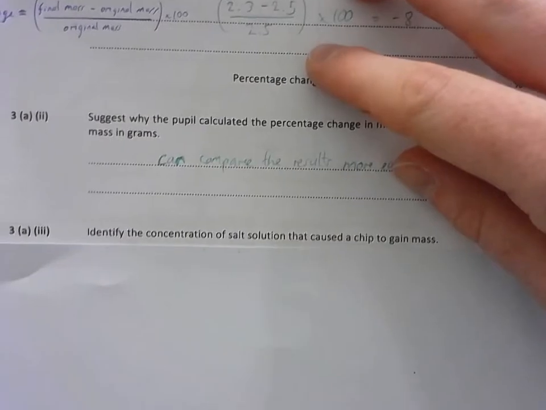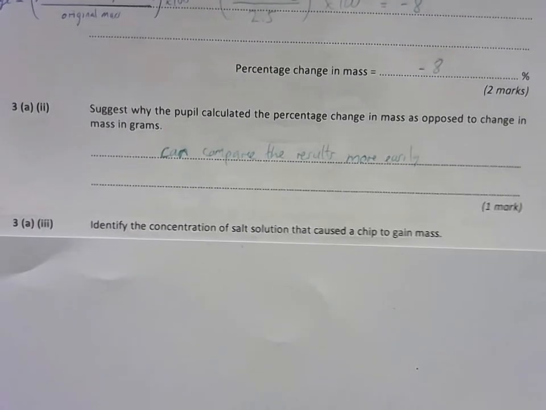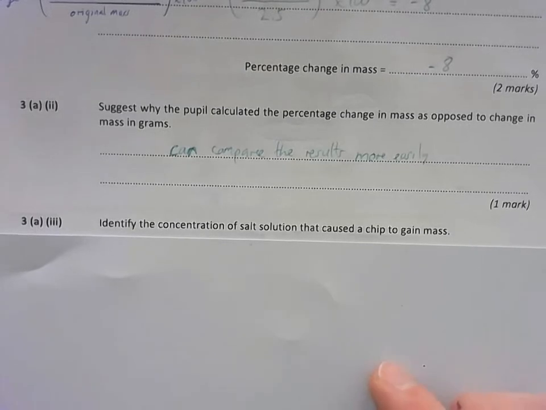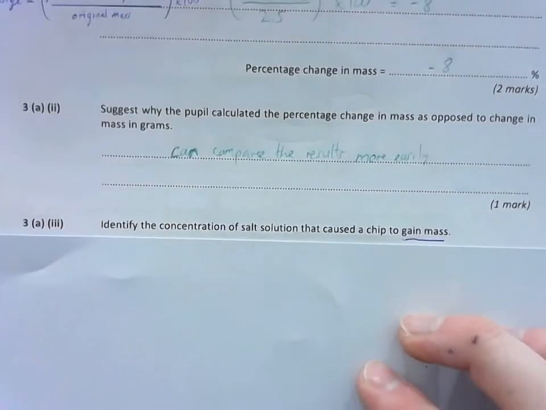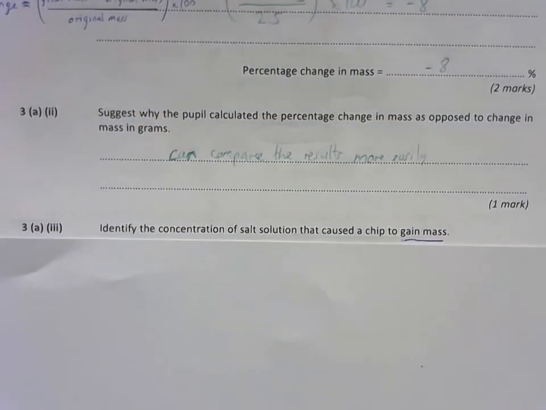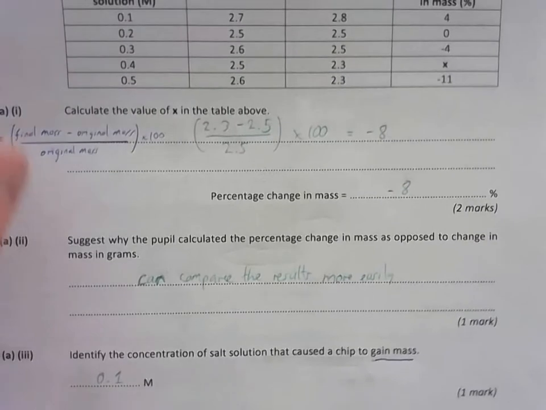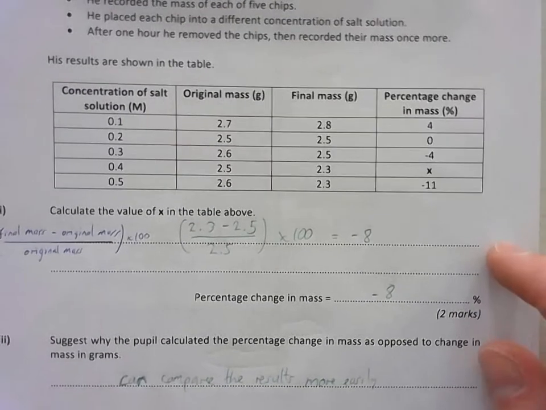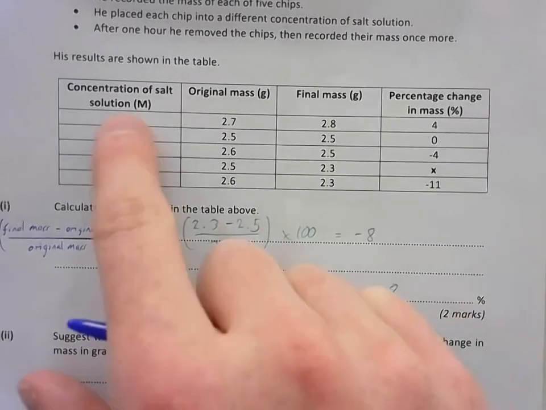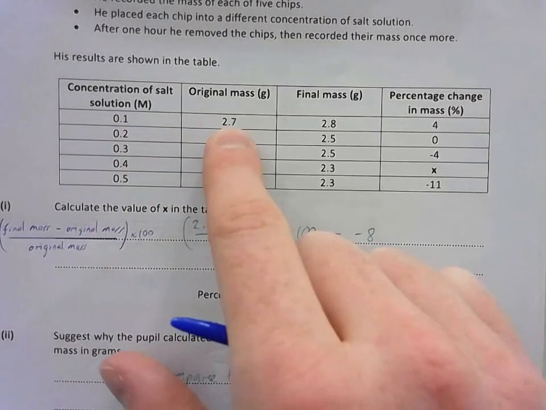Okay, the next part. Identify the concentration of salt solution that caused the chip to gain mass. So the key thing here is gain mass. And if we go back up to our table, there is only one solution where the chip had a positive percentage change, and it's this top one here. So the original mass was 2.7,